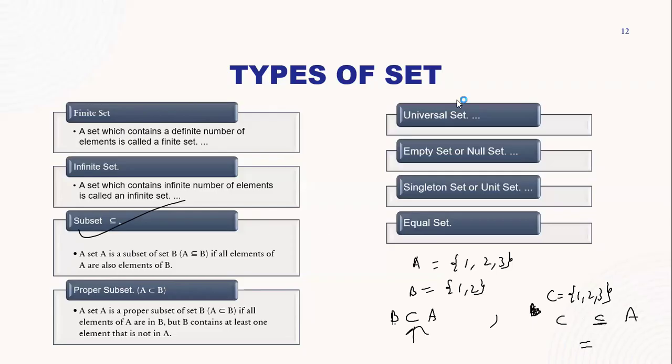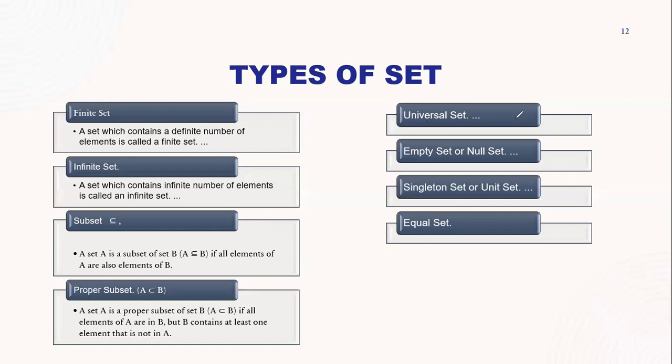Universal set. A universal set contains all of the elements. So we will discuss in Venn diagrams, for example, A is 1, 2, 3 and the universal set contains the natural numbers, okay? So you will write the N sign here and it contains an infinite number of elements 1, 2, 3, 4, 5, but only a small portion has been taken by the set A, but it contains many elements.